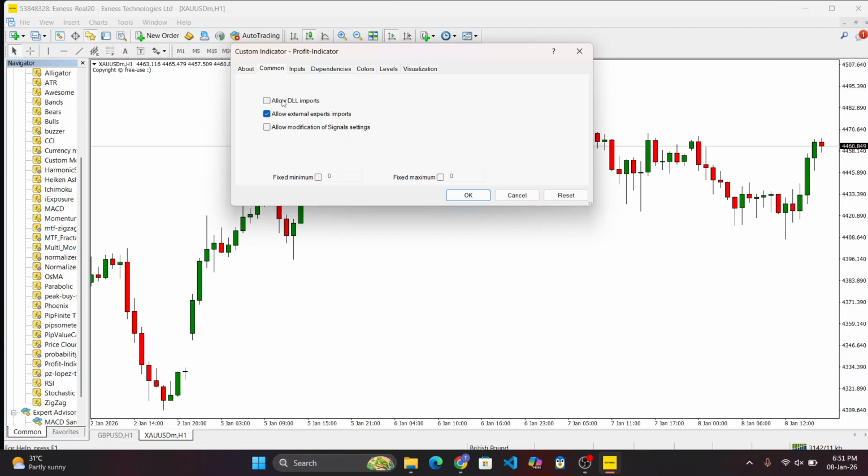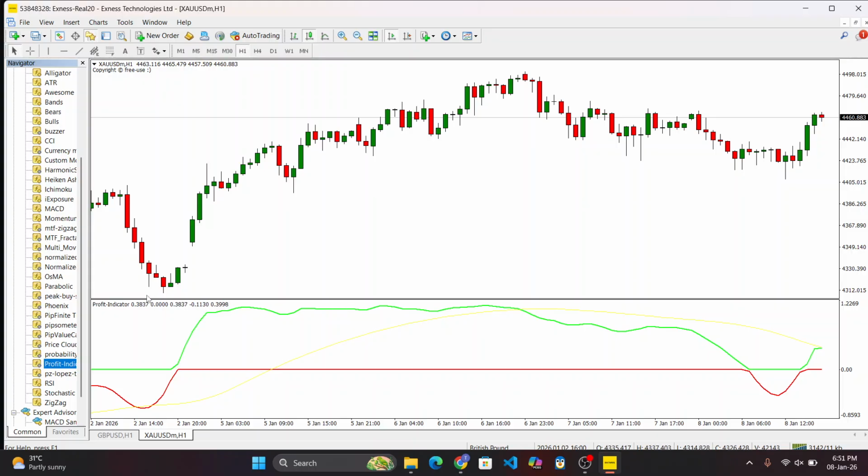On the charts, the indicator displays profit information as text labels placed at user-defined locations, such as chart corners or margins, like this one. You can also draw dynamic lines that mark break-even or target levels, and use color-coded outputs to distinguish profitable from losing conditions. As you can see here,